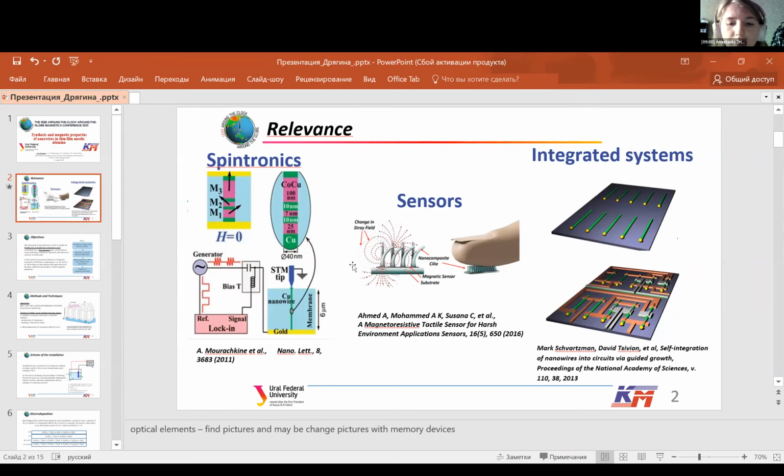Magnetic nanowires, together with many other nanostructures with shape-driven properties, attract significant attention due to their unique properties, which can be used in a wide range of applications, such as information recording, spintronics, sensors, and integral systems, and so on. We are particularly interested in obtaining nanowires in a thin layer of aluminum oxide with the possibility of making contacts to both